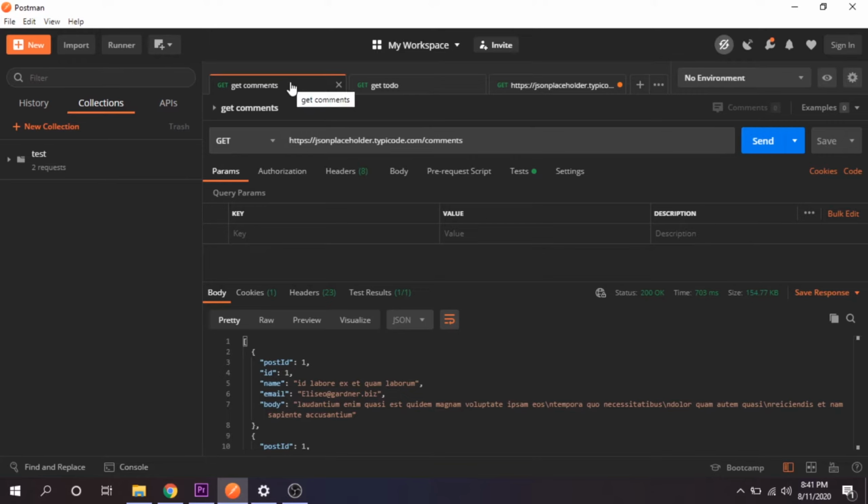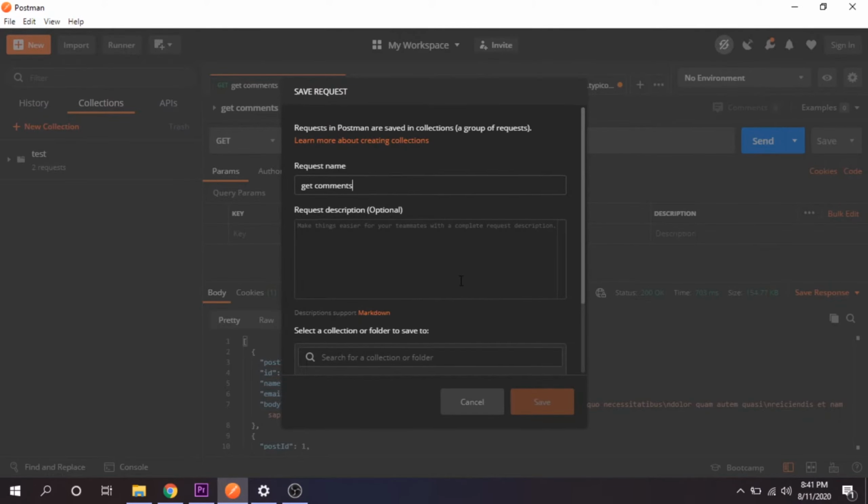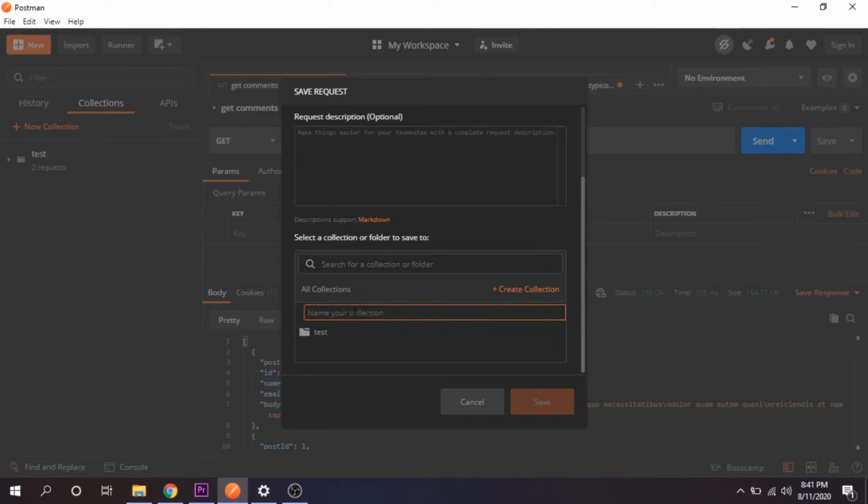First of all, we will be wrapping all these APIs in a single collection. I have taken example of 3. This is one API. So if I have to wrap it in a collection, you have to go to save as and you have to create a new collection. I will create a new collection from here and name this collection TechnoTab. And after that you have to save to TechnoTab. You have to save this request here.